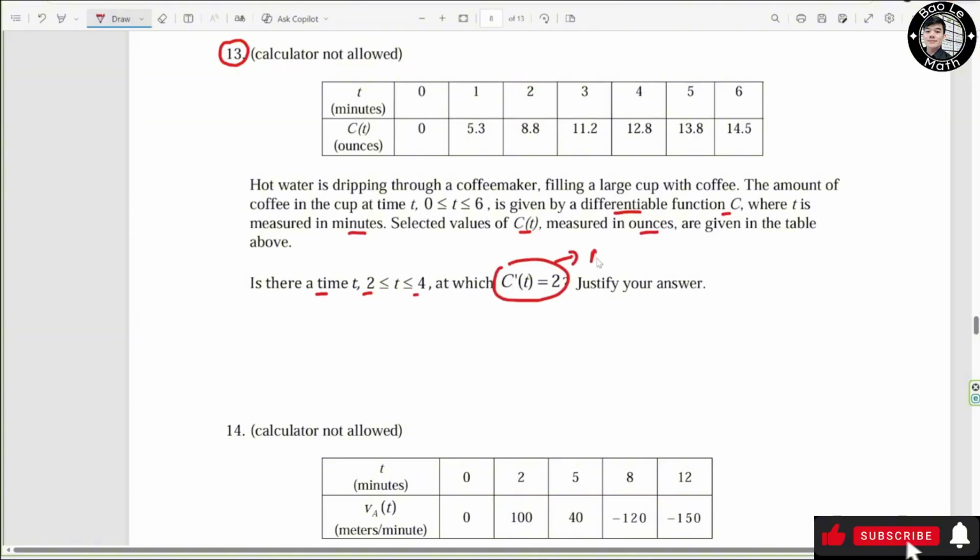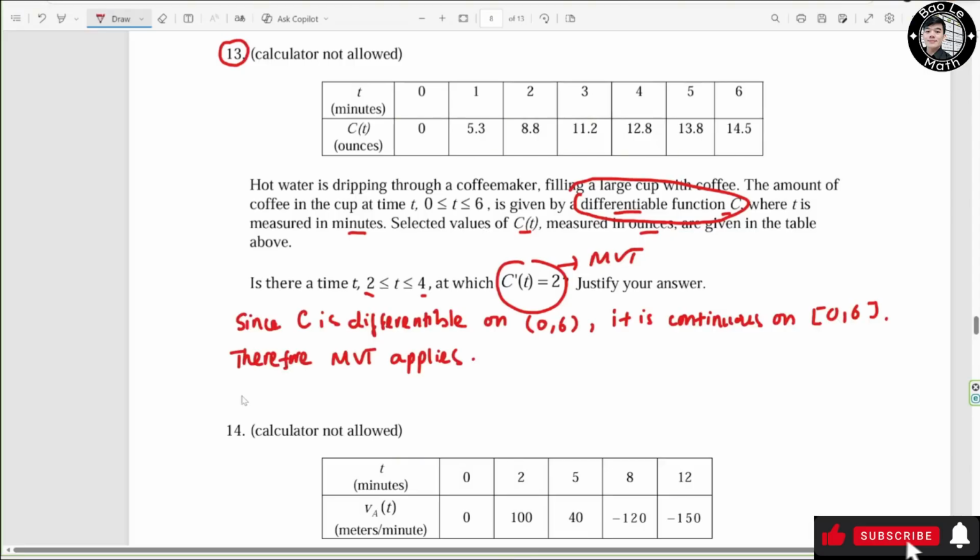Alright, so we're going to apply the mean value theorem, right? Before we apply it, make sure the function is continuous and differentiable on the interval. So, look at the information given right here. The function c is differentiable, right? So, if the function is differentiable, it implies that the function is continuous on the closed interval. Now we're going to check